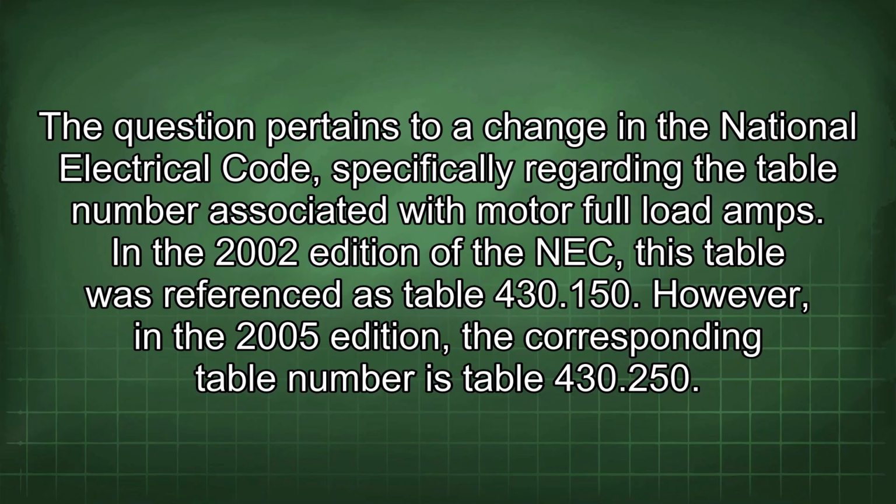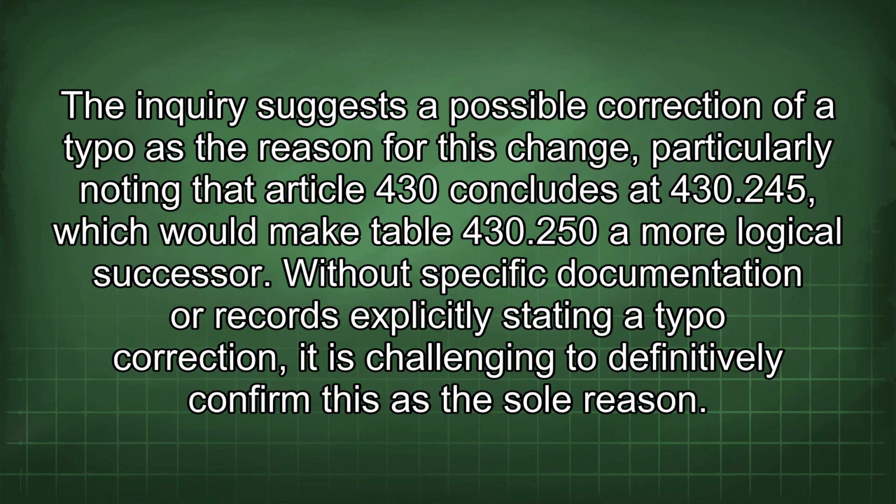The question pertains to a change in the National Electrical Code, specifically regarding the table number associated with motor full load amps. In the 2002 edition of the NEC, this table was referenced as Table 430.150. However, in the 2005 edition, the corresponding table number is Table 430.250. The inquiry suggests a possible correction of a typo as the reason for this change, particularly noting that Article